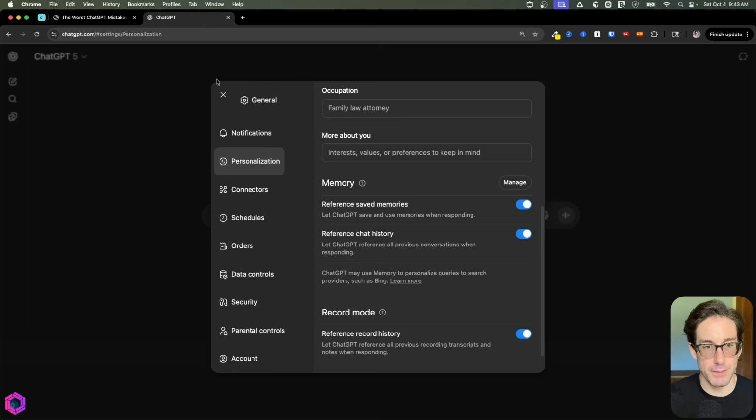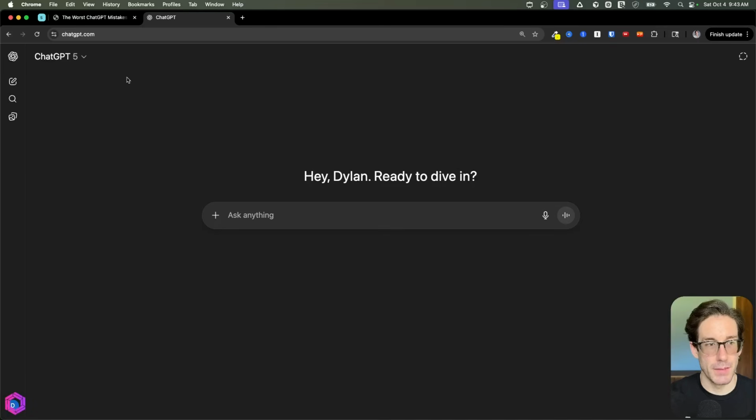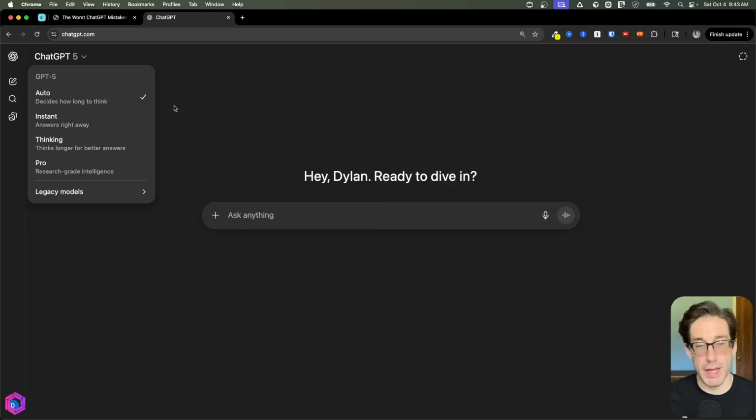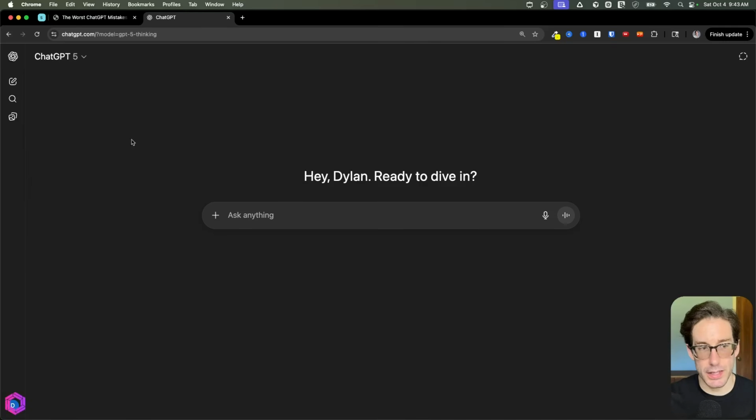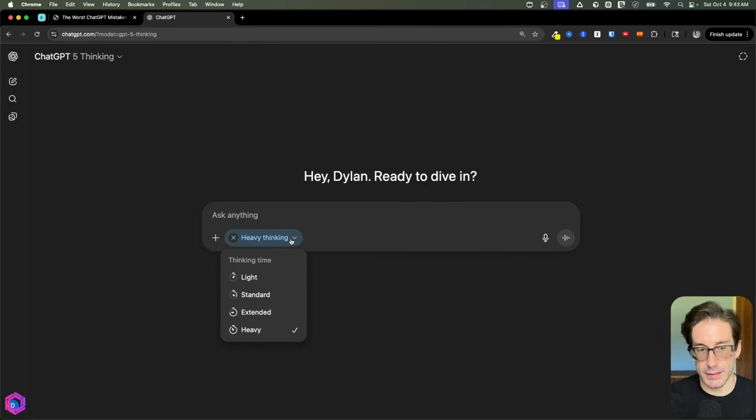So if I go to ChatGPT, I open up chat here. I'm going to go to this drop down, and if you pay for Plus, which is $20 a month, you're going to have access to Auto, Instant, and Thinking. You're going to choose Thinking because it's a more intelligent model. You're going to get a blue button that pops up here. You're going to select this drop down, and you're going to have two options if you have Plus. You're going to have Standard and Extended. I'm going to recommend Extended because that's more thinking involved.